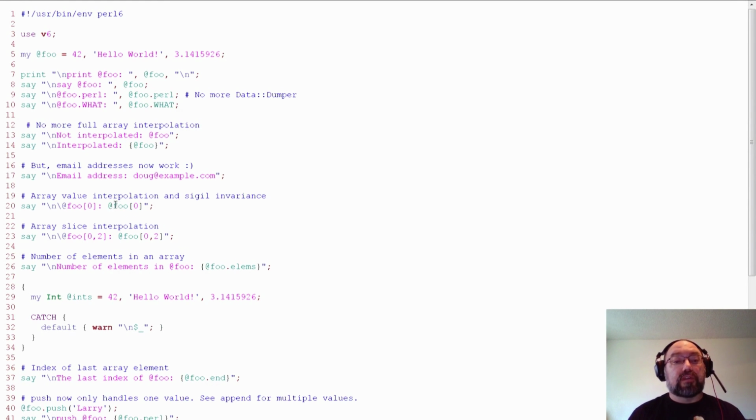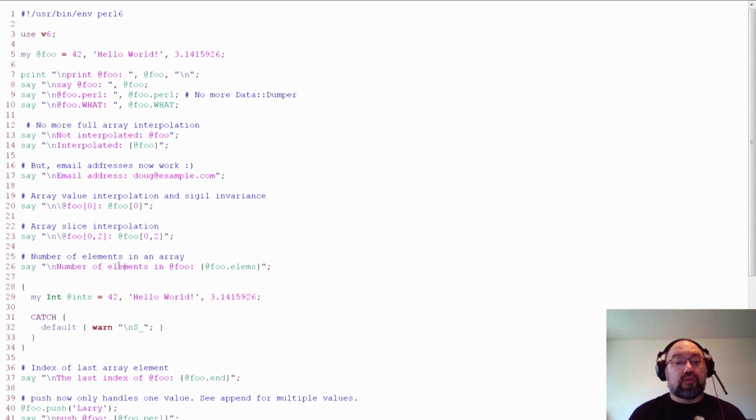Also, you'll note that Perl 6 is smart enough to figure out that this is not an email address, that this is actually an array, and it will do the interpolation without the curly braces that you need up here for the whole array. So you can interpolate a single value, you can interpolate a slice like we're doing here,